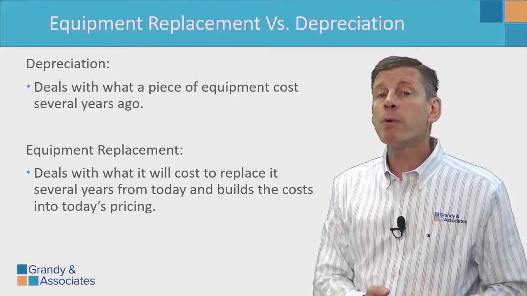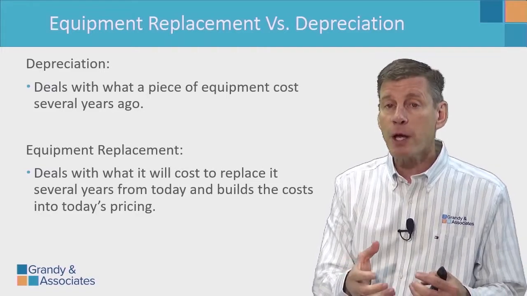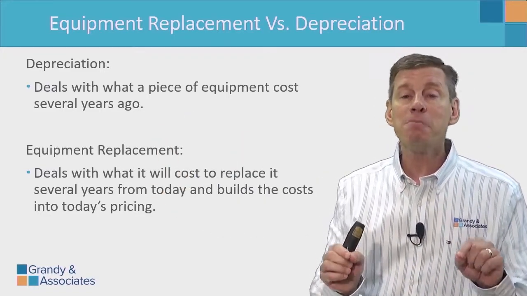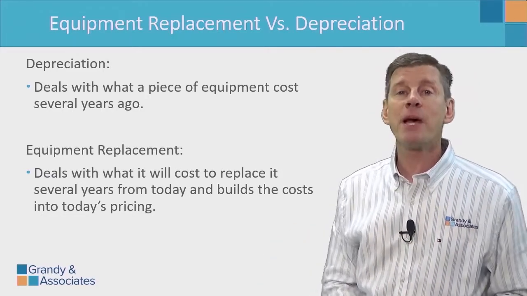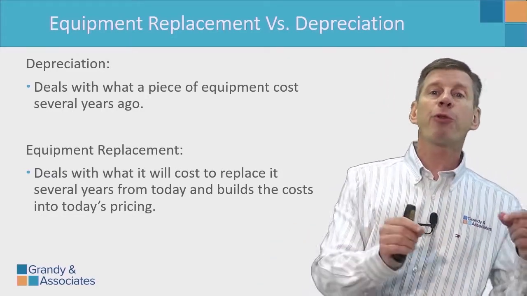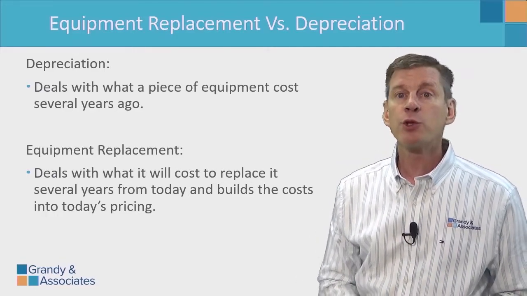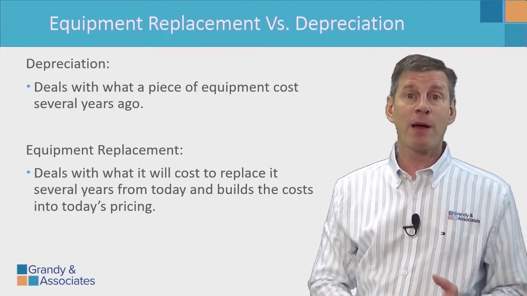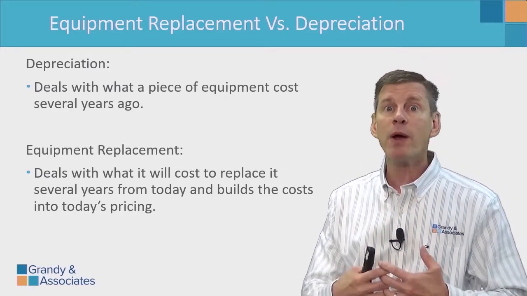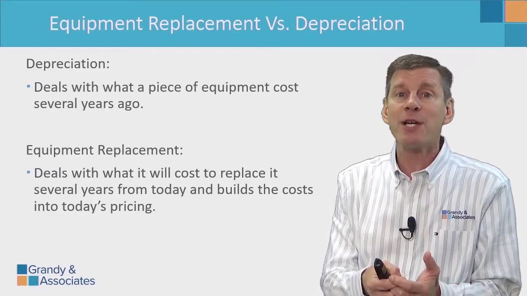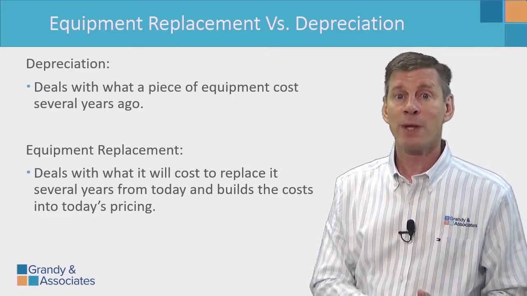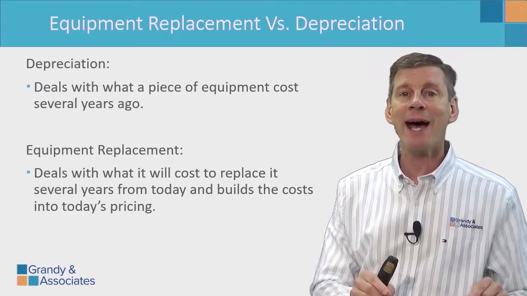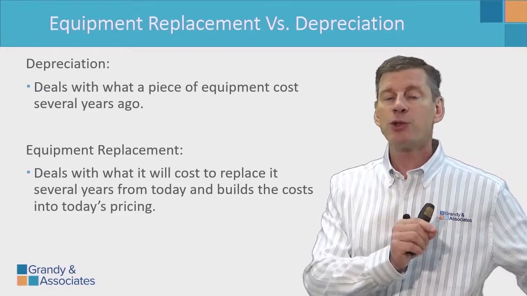Again, it's a very real expense. Your typical equipment replacement costs, what it's going to cost you to replace your trucks and your major pieces of equipment in the future, will typically be 25 to 35% more than the depreciation that will show up on your profit and loss statement. So right there, we're actually underreporting your expense, your cost of doing business, and we're showing that your actual profitability is 25% higher than it really is. Again, typical equipment replacement costs are 25 to 35% higher than the depreciation that you're able to write off.